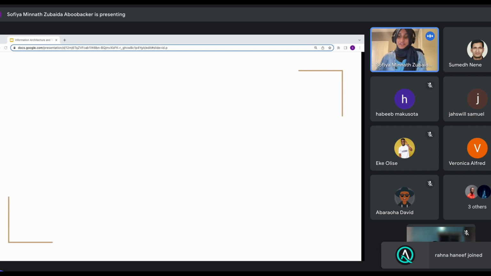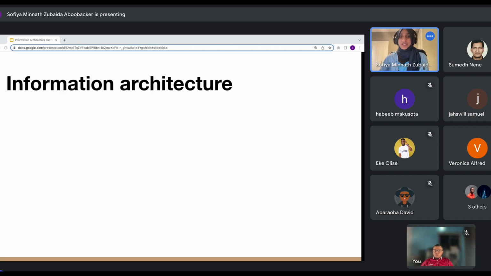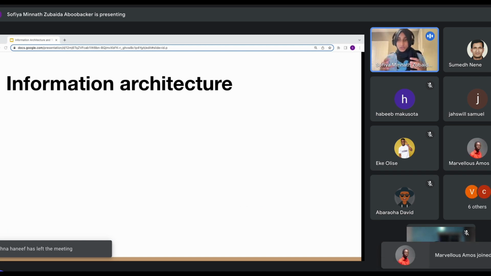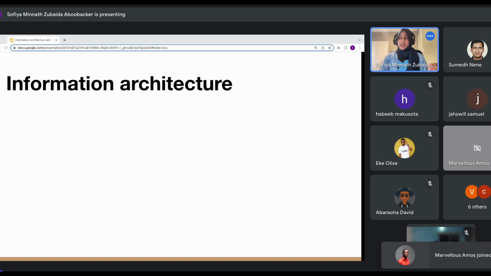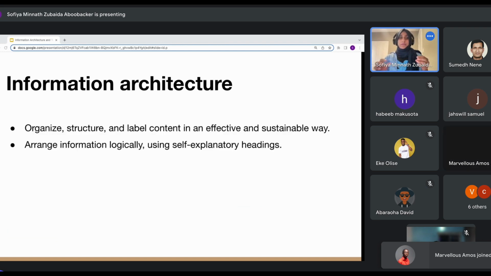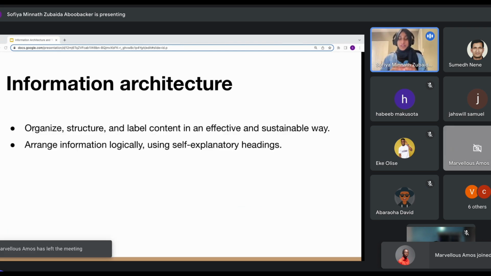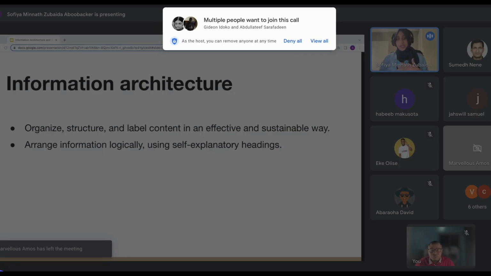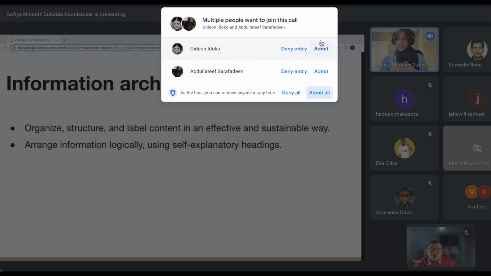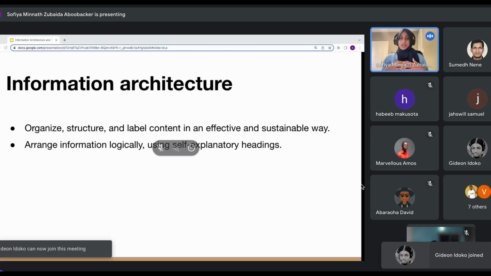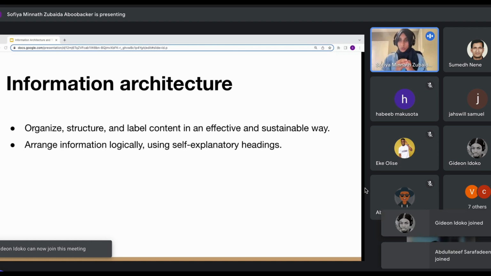We'll move to our first topic, information architecture. So what is information architecture? It's about making the content usable and readable. First and foremost, it's very important that you know your audience, who your audience are, and who will be using the content. And then based on that, you arrange your content in a logical way, in a structured way, giving it proper